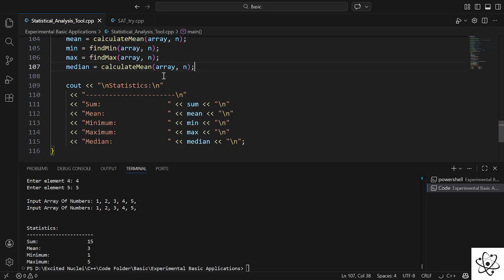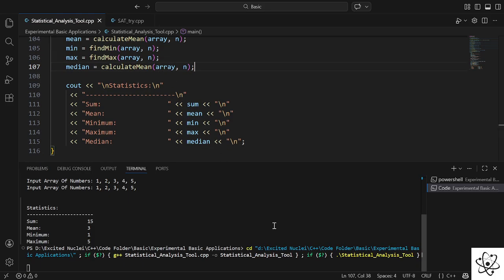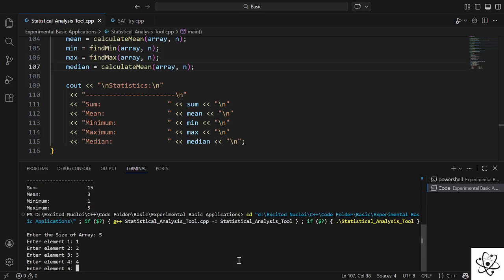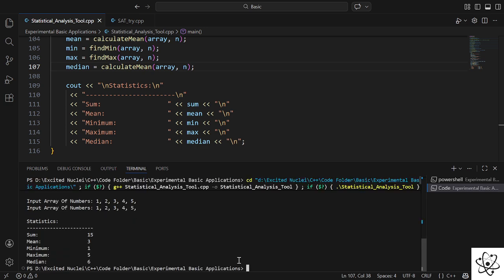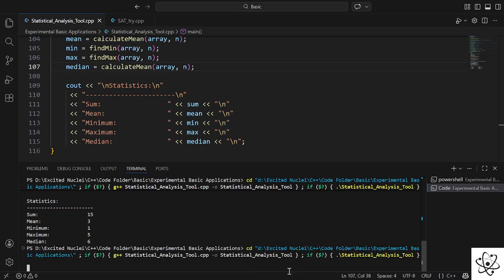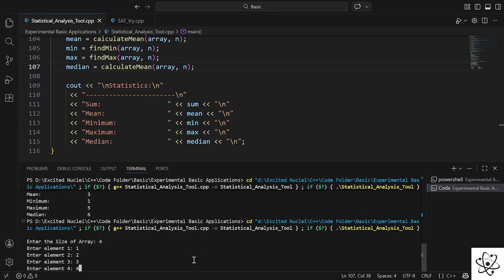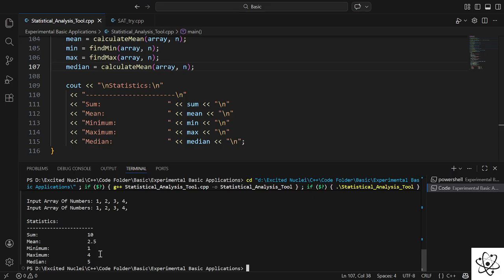So I believe the code is working just fine. So 5, then 1. So it's working with the odd number just fine. Now we're checking for the even numbers. Let's say 4. Okay, the median is 5, and